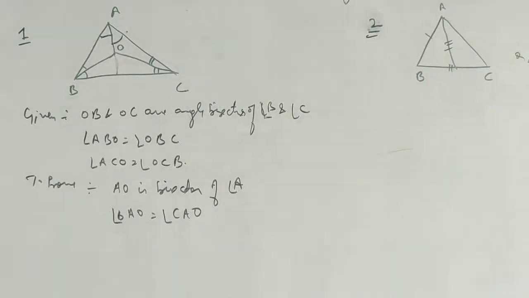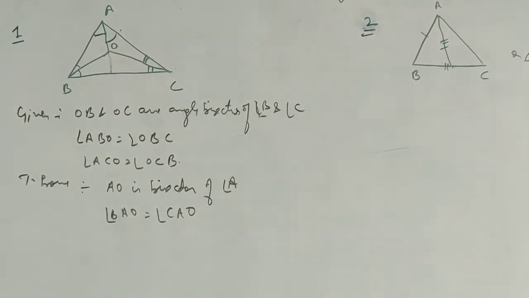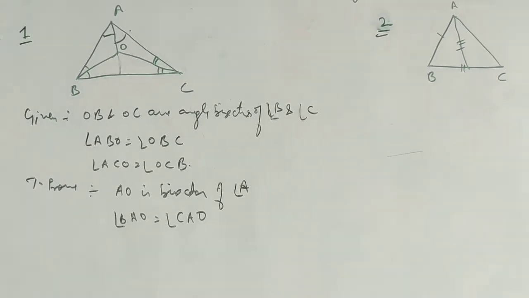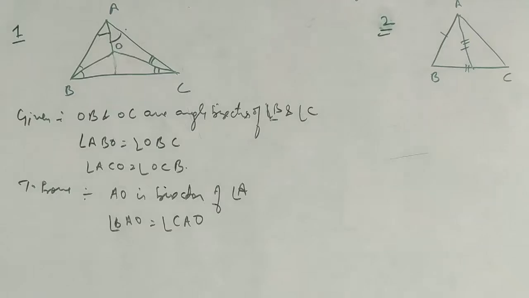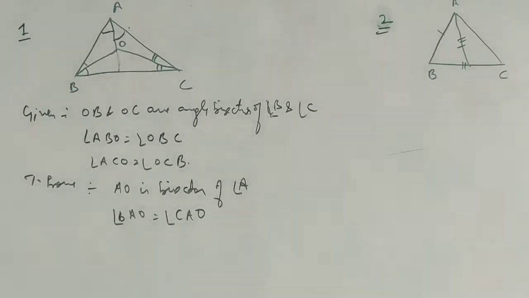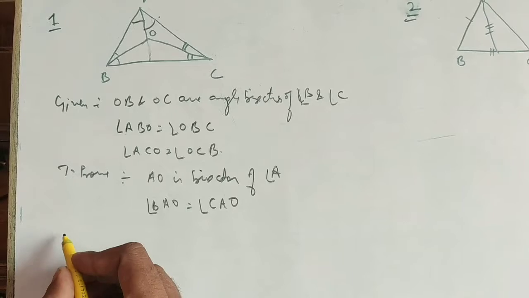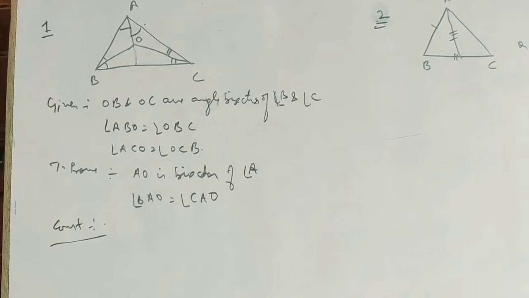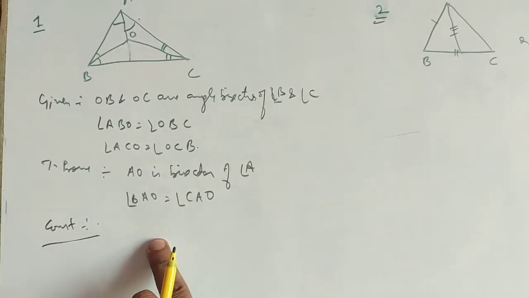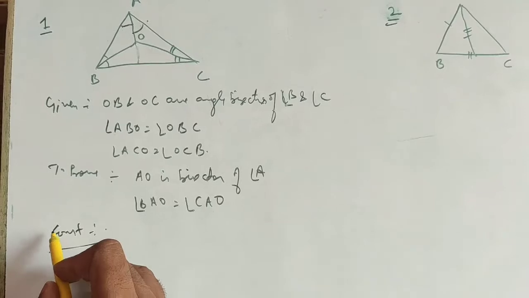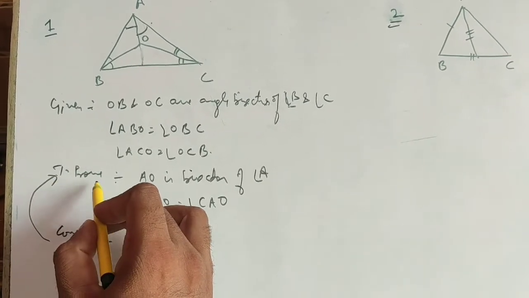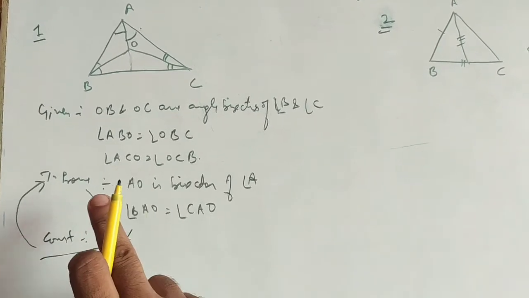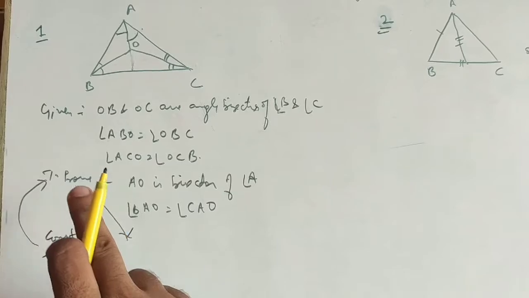Now we know that if we have to prove them equal, we need two triangles to be congruent, and I know that if this triangle BAO becomes congruent to triangle OAC, then our work will be done. So for that, what we have to do? We have to do construction in this. Okay, what type of construction we will do? And since we are doing construction, first we will not write the to prove part. First we will write down the construction part, then only we will write down the to prove part.